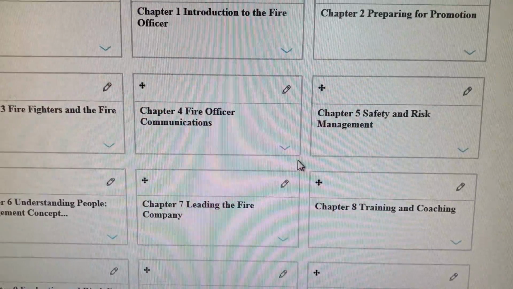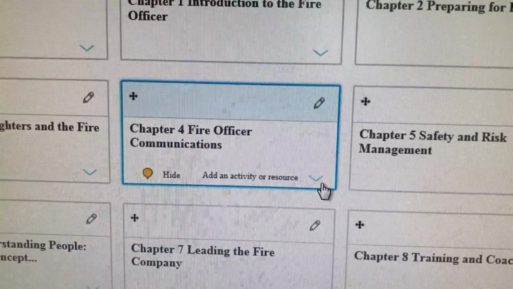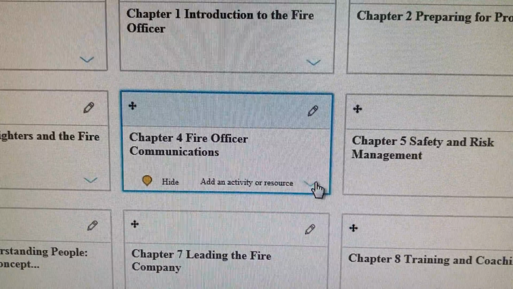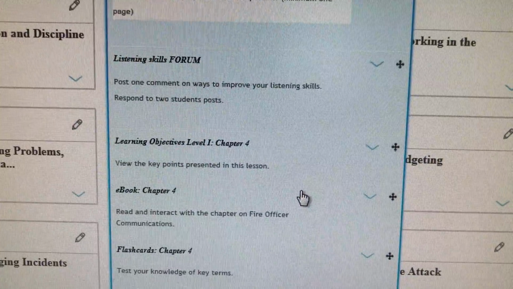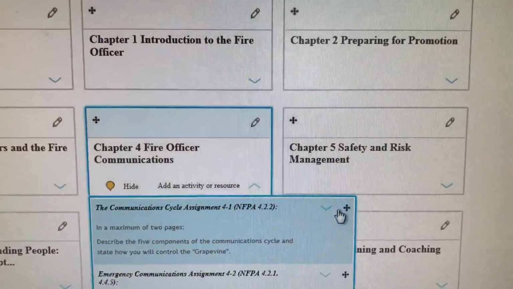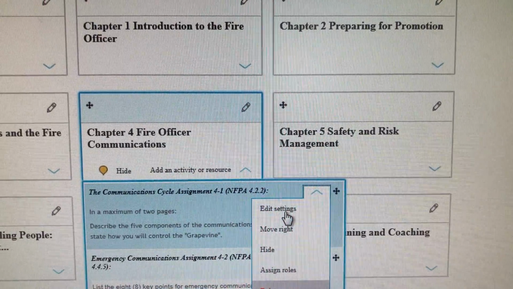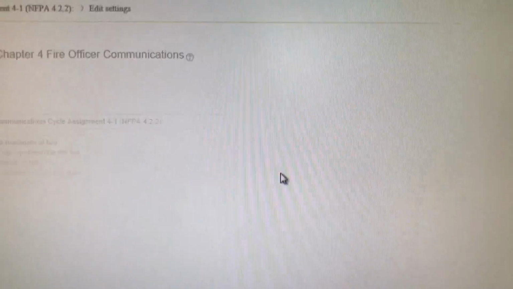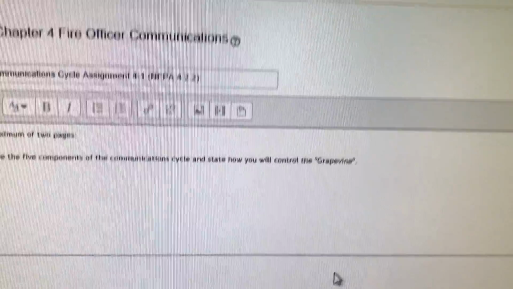Again, let's go and make some changes here. I want to go in one of the boxes here in the Officer Program. Go ahead and hit this arrow down. It gives you everything down here that you want to see as far as the assignments, flashcards, etc. If you want to make a change, you hit this arrow going down, and then you go down, you hit Edit Settings. Once you hit Edit Settings, you can pretty much go in here and create whatever you want with that